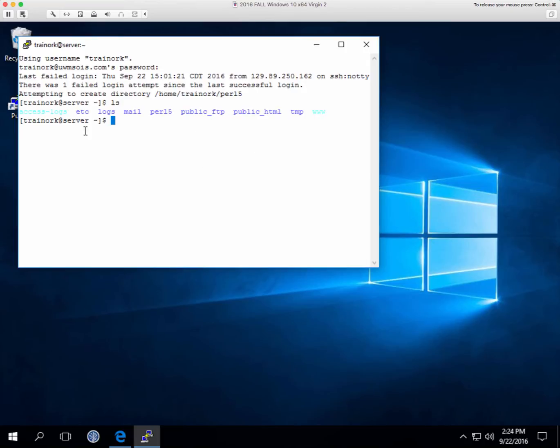So this is the directory that we're in, okay? It holds all these subdirectories, is actually what most of these are. And it turns out that where we're going to want to put our content is under the subdirectory public_HTML. So how do we change